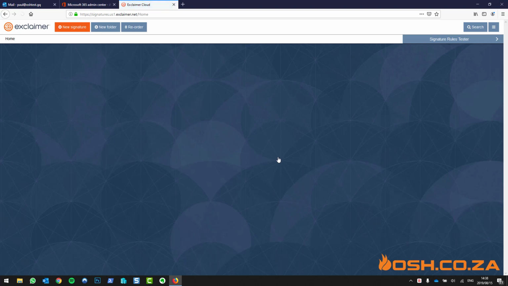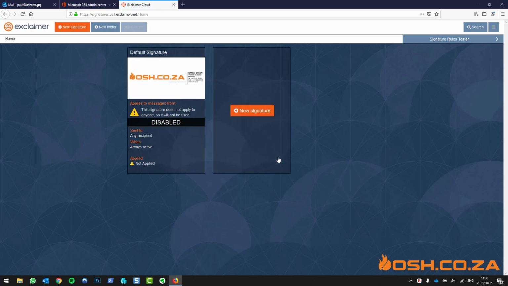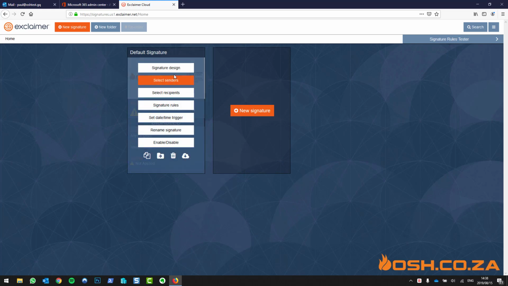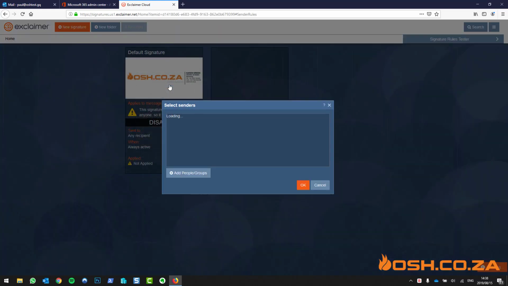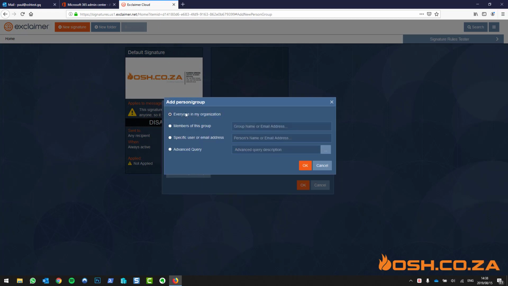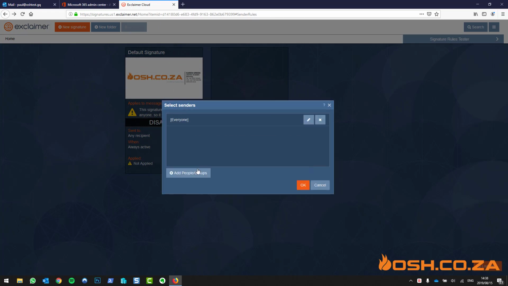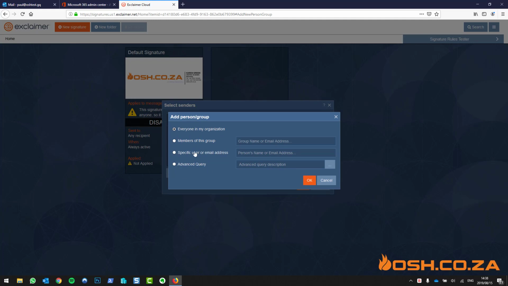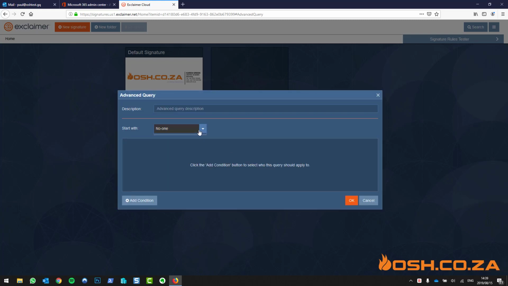And let's see if it actually works now. So we've tested, while we've played around, let's see if it actually works. So firstly, we need to enable it. So we're going to say select senders. Who is allowed to use the signature when they send? I'm going to say everyone. Obviously, if you want, you can say specific people like just Paul, or a specific group, or if you want to do advanced queries here, you can say start with no one and then add